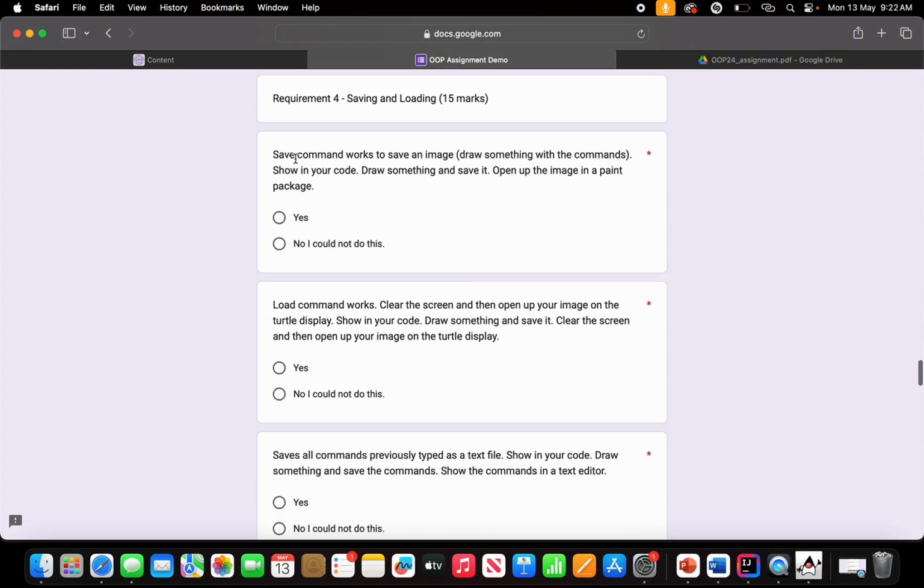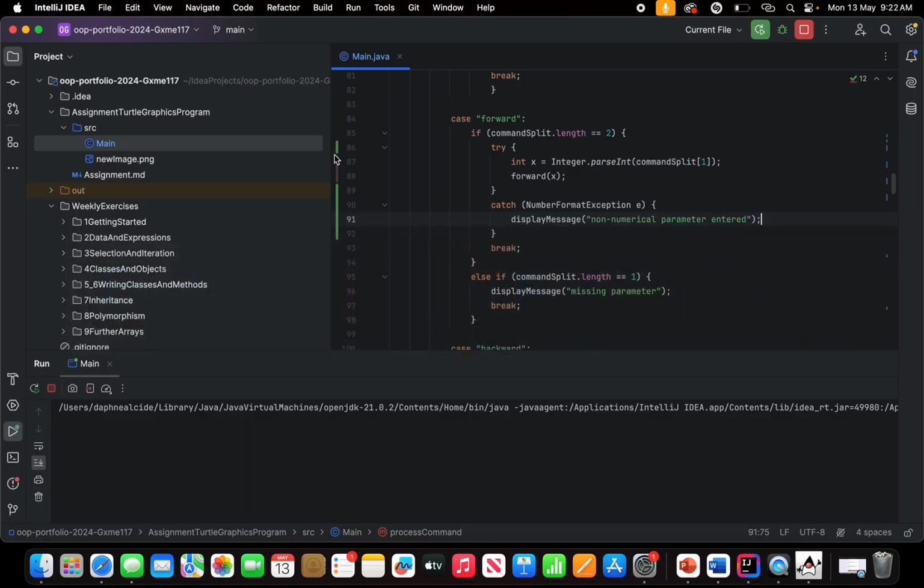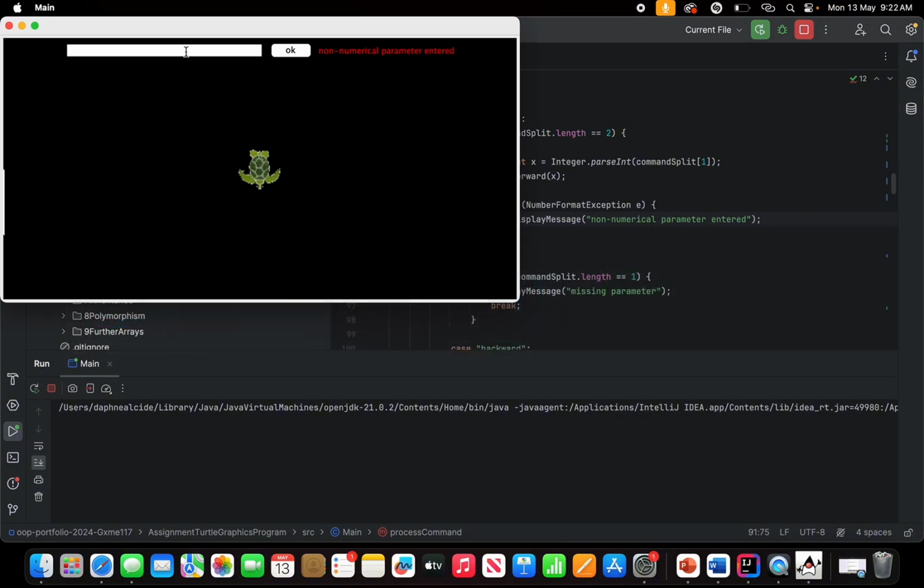Saving and loading. Save command works to save an image. Draw something with the command, showing your code, draw something and save it, and open up the image in a paint package. That's fine. I'll see if I can draw anything. Pen down, forward 100, turn right 90,